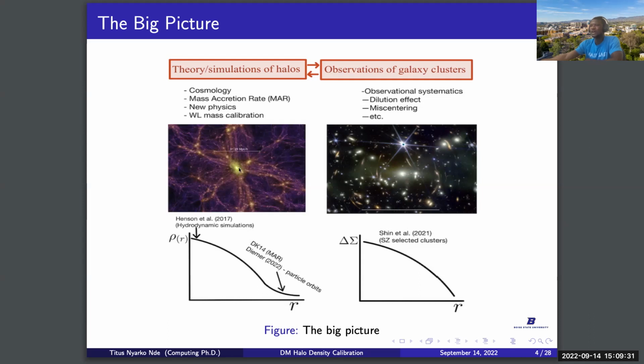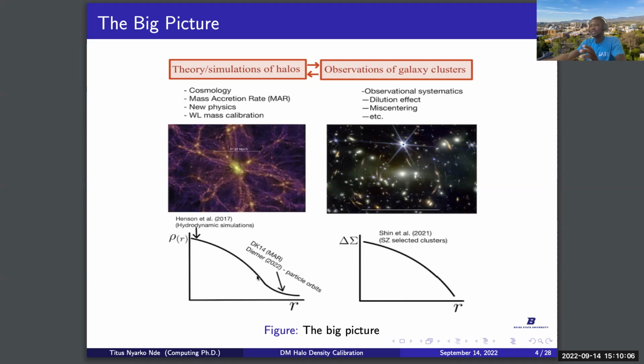And then as you move out of the halo, the density reduces in that order. And this image we are seeing here is from observation. It is actually from the recent James Webb telescope that was launched. This is a galaxy cluster we are observing here. One of the ways to calibrate the density in observation is to use the galaxy number density. And with that, we are also able to get a curve like this for the density profile.